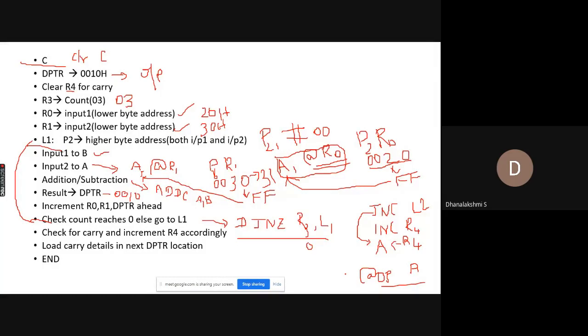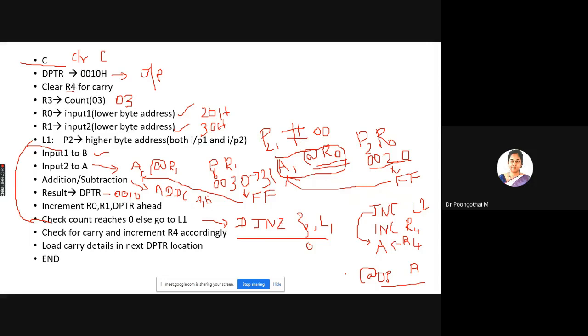As your DPTR can be paired only with the accumulator, similarly R0 or R1, I mean the @R0 indirect addressing, can be paired only with the accumulator. That is why we move to the accumulator first, and then you can move it to the B register or whatever you want, and carry on with your addition operation. If your instruction set supports what you are saying, you can very well carry on.